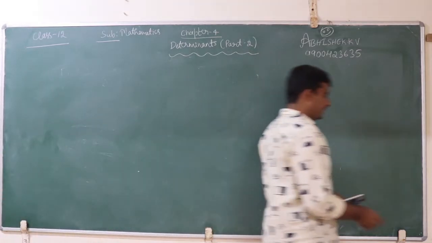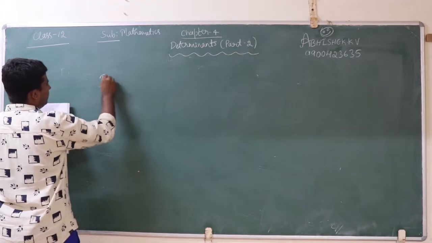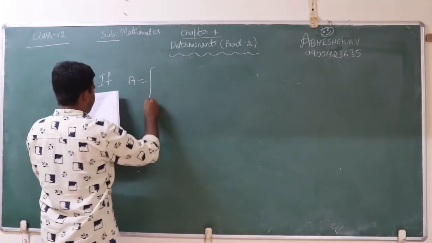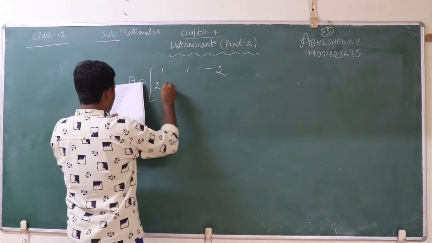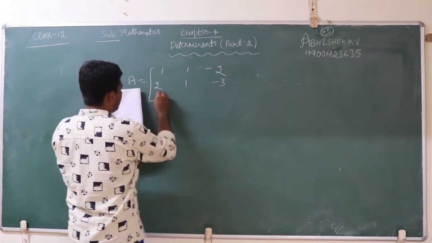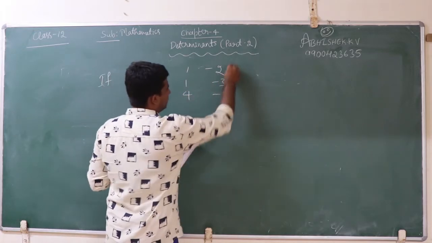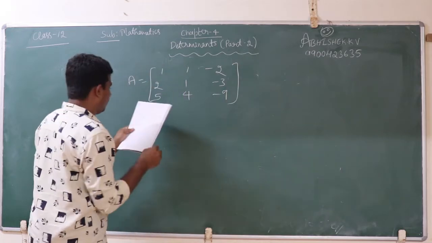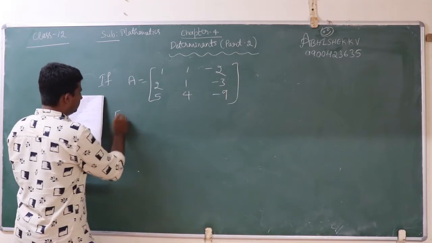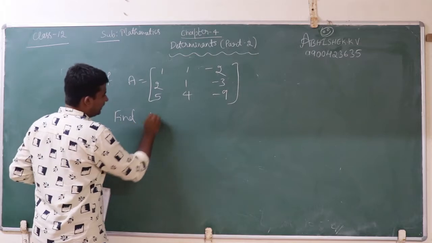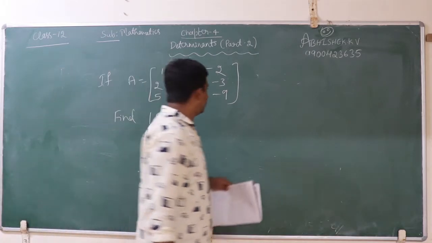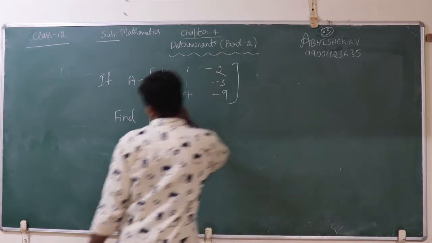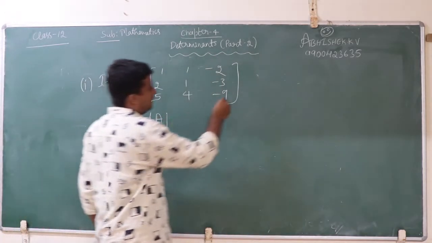Now I am going to consider one more problem. If matrix A is equal to [1, 1, -2; 2, 1, -3; 5, 4, -9], find the determinant of A. And this is the first one. And the second one,